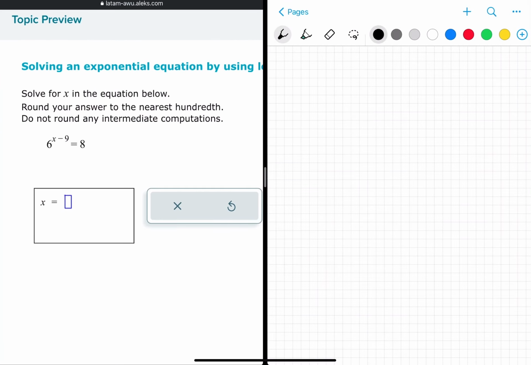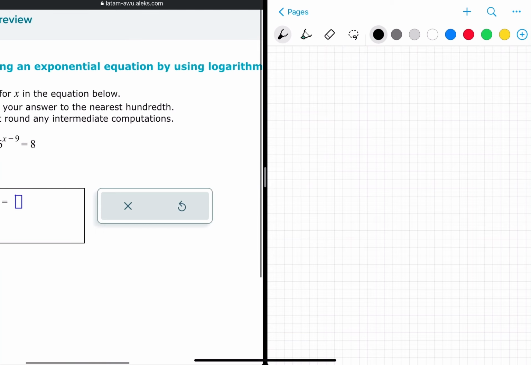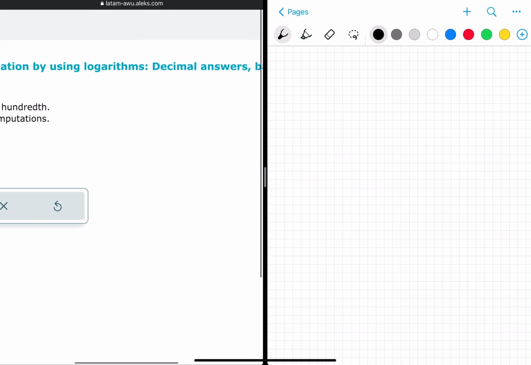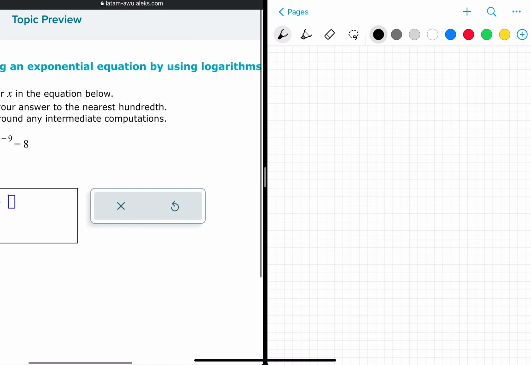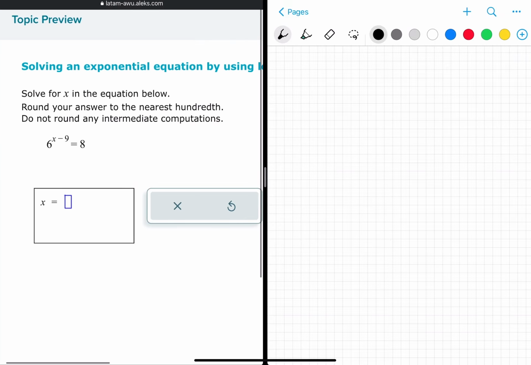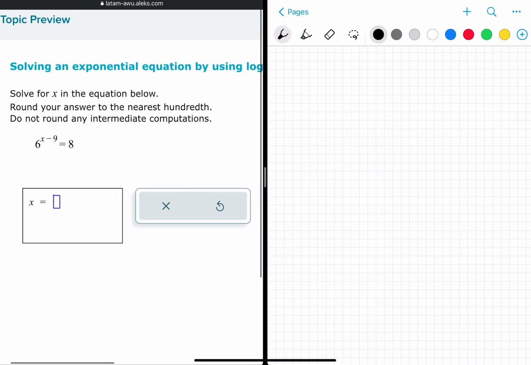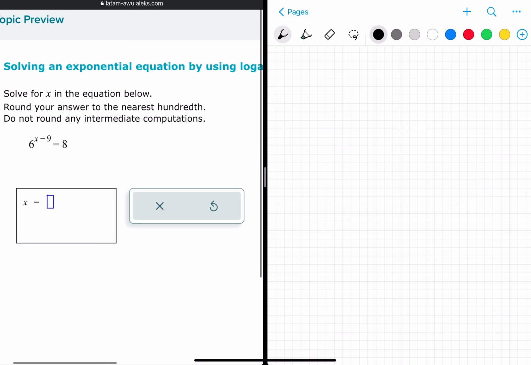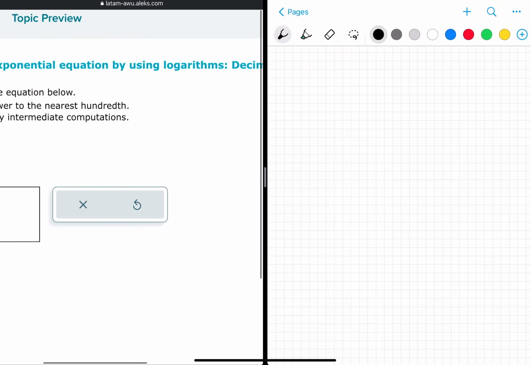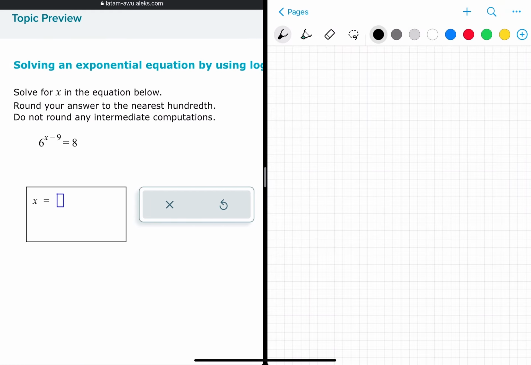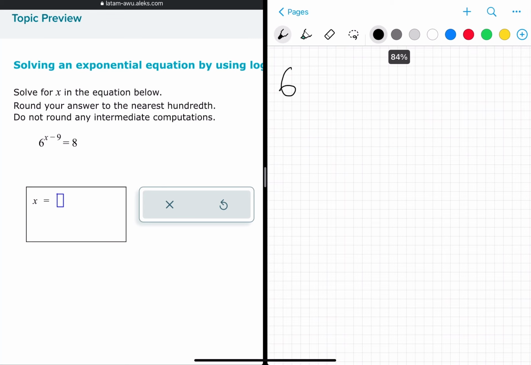This topic is solving an exponential equation by using logarithms and decimal answers basic. This is the first exercise to solve exponential equations in which you don't have to give the exact answer, but rather you should do a decimal answer. This exercise is 6 to the x minus 9 equals 8, and